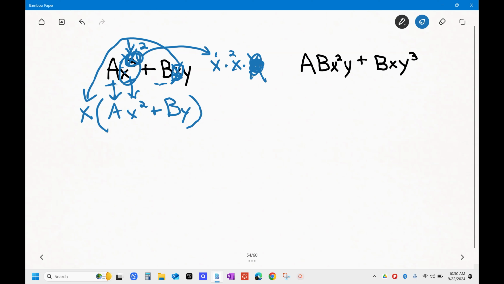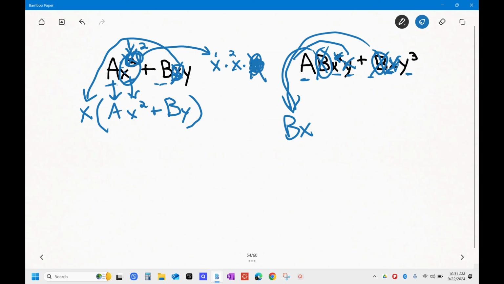And this one, we don't have any a's in common. We do have b's in common. So we're going to take the b's out. We have one x in common, so this will get rid of this x, and this will just get rid of the second x, the squared part of it. So that's bx. And we also have y's in common. So we're going to get rid of this y, and we're only going to get rid of one of these, so that's going to turn it into a y squared. So the outside is bxy, and the inside is going to be ax